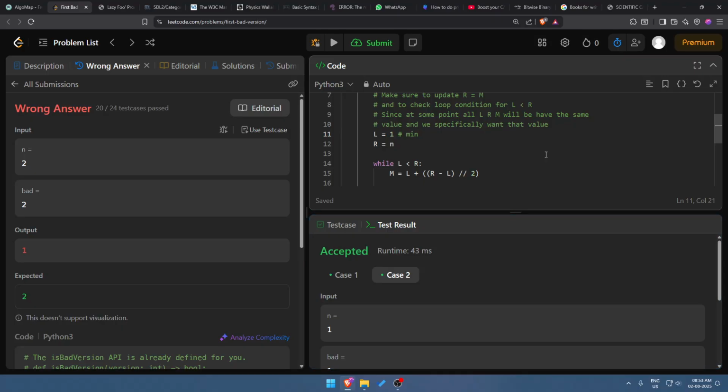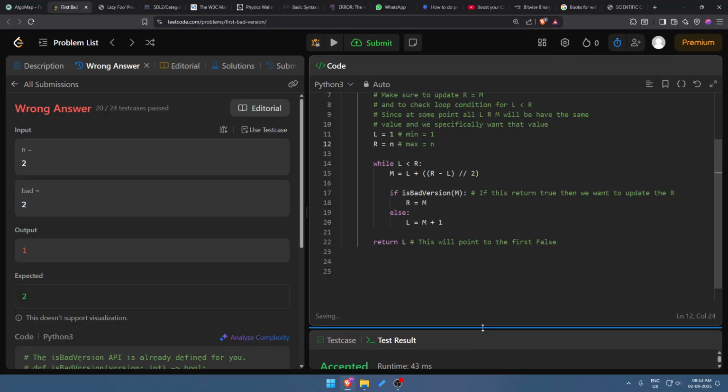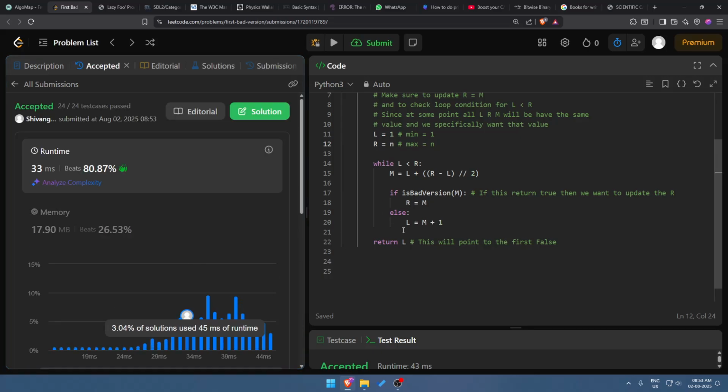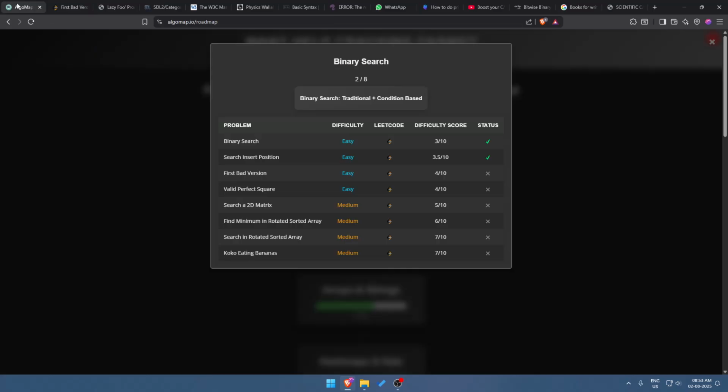Okay, so min is 1 and max equals n. Alright. Still, okay, so is there a better way to do this? I have completed it, but let's say, is